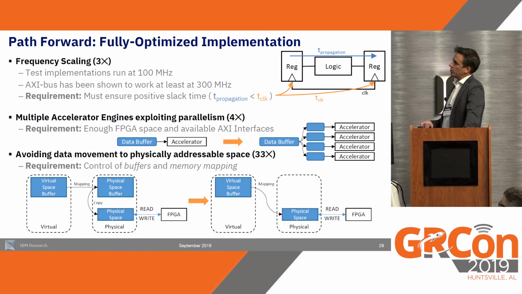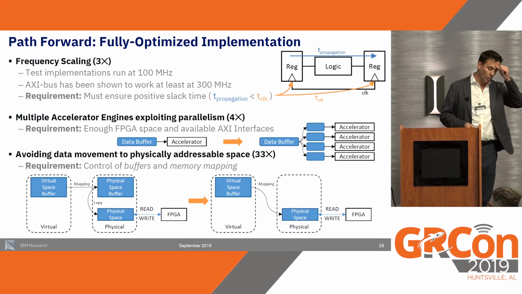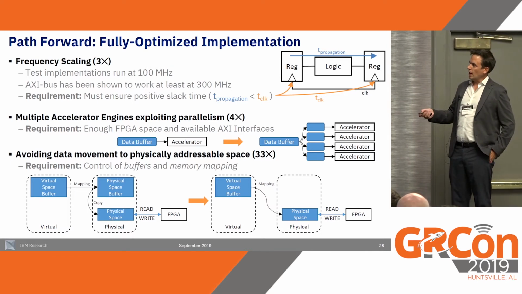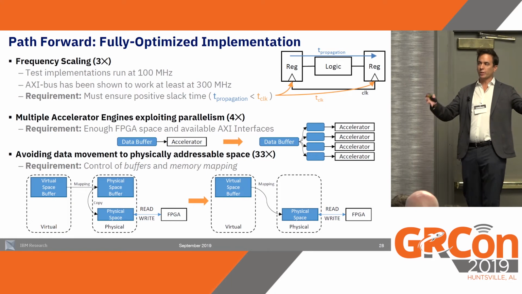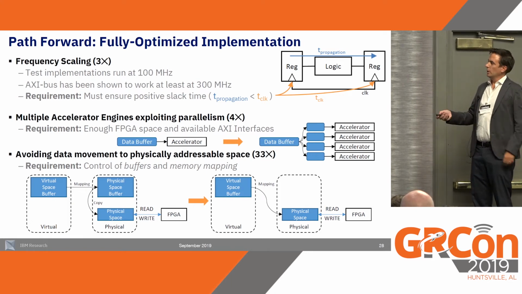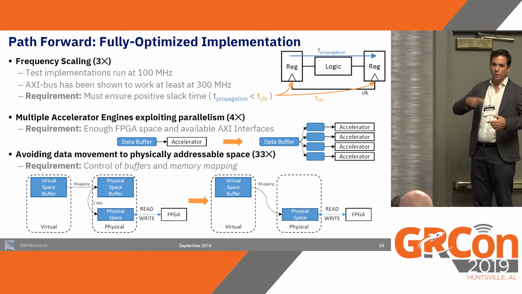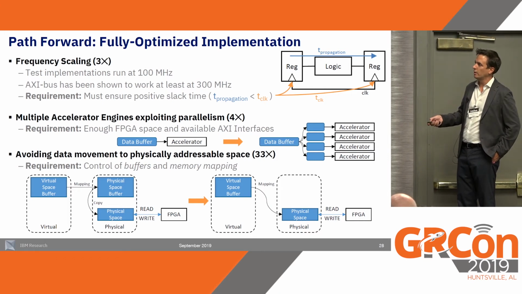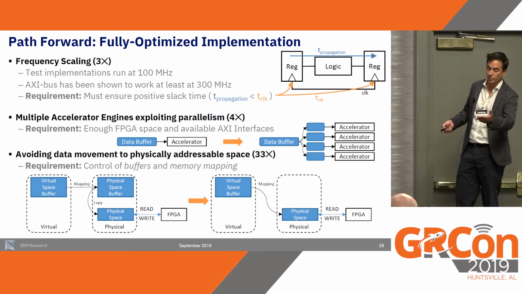And the most important optimization, which is getting rid of this memory copy overhead, is a trickier one. What happens today is that the way the GNU Radio buffers are implemented forces us to have this extra memory copy step within the physical address space, right? The buffer is mapped from virtual to this chunk of physical memory. And since this mapping is changing all the time because the buffers are dynamic, we need to copy data all the time from here to there, which is from where the FPGA accelerator reads and writes data.